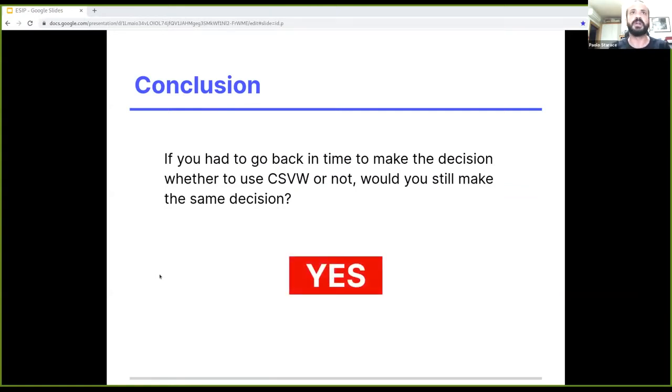And the answer is yes for me, because I found it very useful to link tabular data, simple tabular data. So something that was already present in the infrastructure of the ministry.